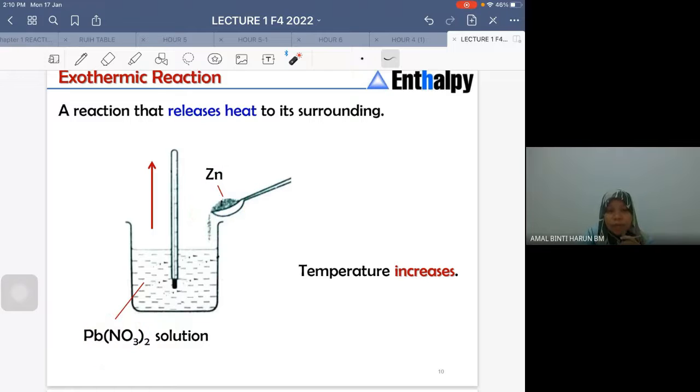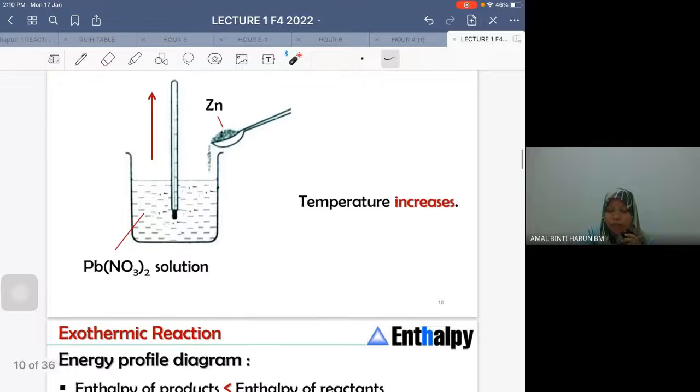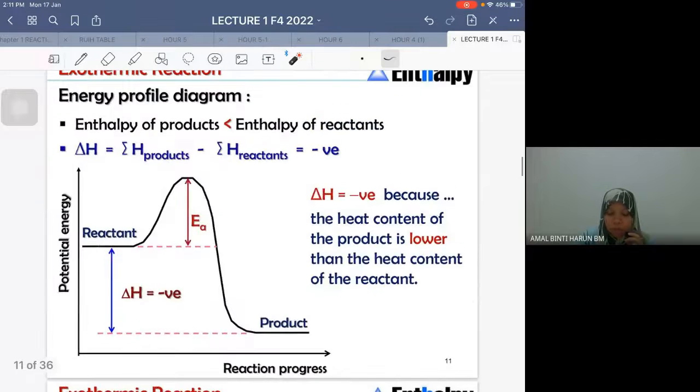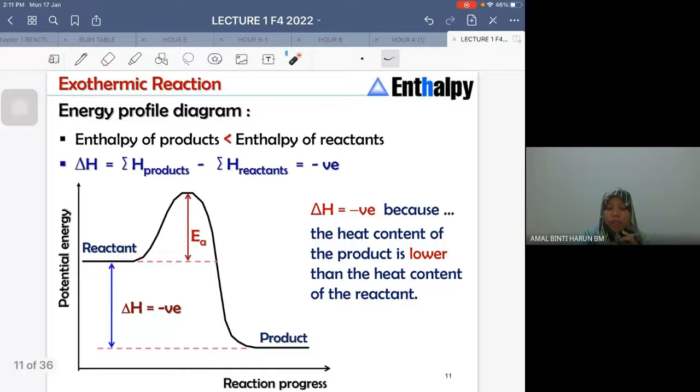So heat release menyebabkan surrounding temperature of surrounding will increase in temperature. Contoh exothermic reaction adalah mana dia tadi? Okay. Tadi bila kita buat reaction untuk exothermic, the energy profile diagram kita boleh tunjukkan the changes